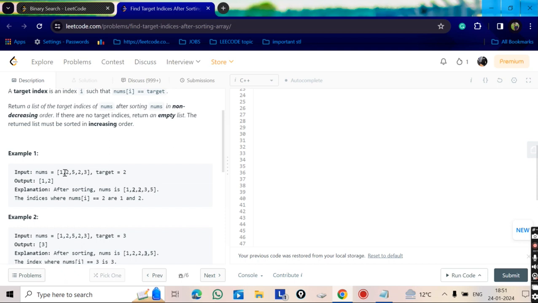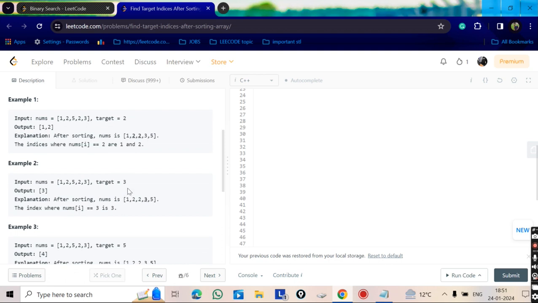We can find the number of elements which are less than the target, and find how many elements are equal to the target. First we find the number of elements less than the target. In this array, how many elements are less than the target? 1, 2, 3. There are 3 elements in this array which are less than the target.